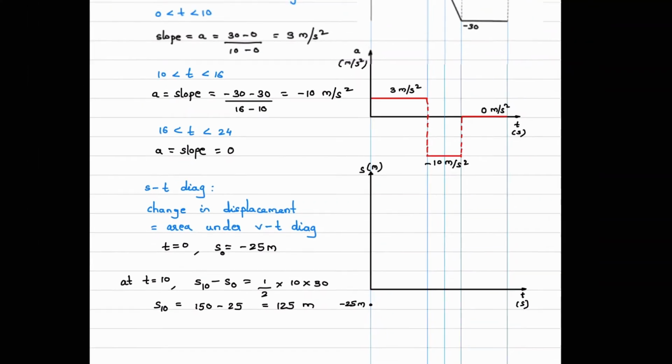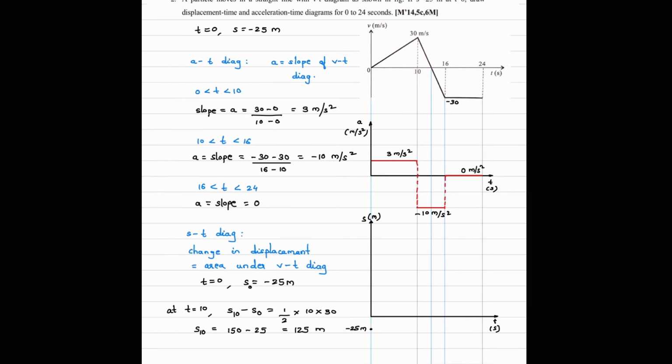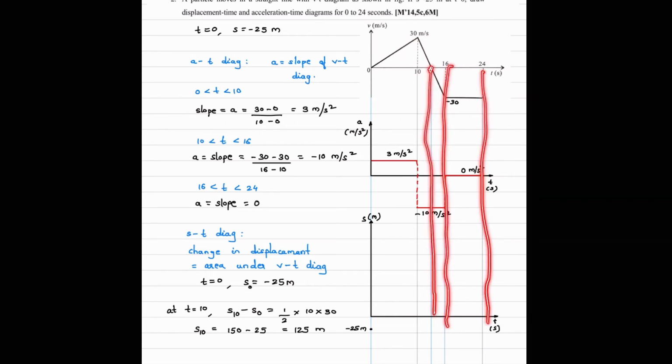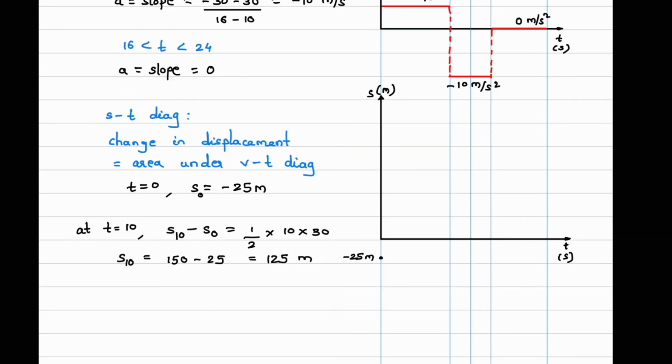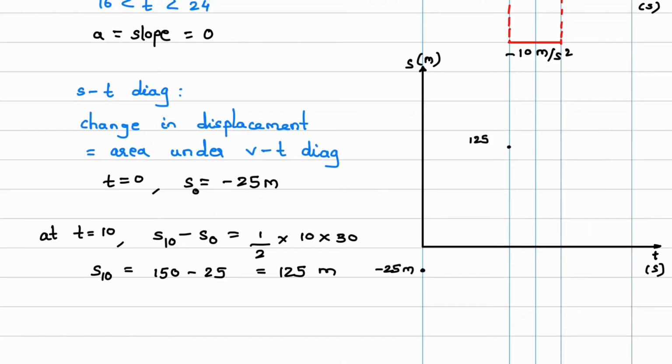Okay, now I will show you the main diagram like this. Just observe this. We have taken all the points. So if you see this, we have traced all the points. This is 0 second, then this is 10 second, then in between here, this point, this is 16 seconds, and last one is 24 seconds. So we are at this line. Okay, so we'll mark the displacement value there. So this value is 125 meter.